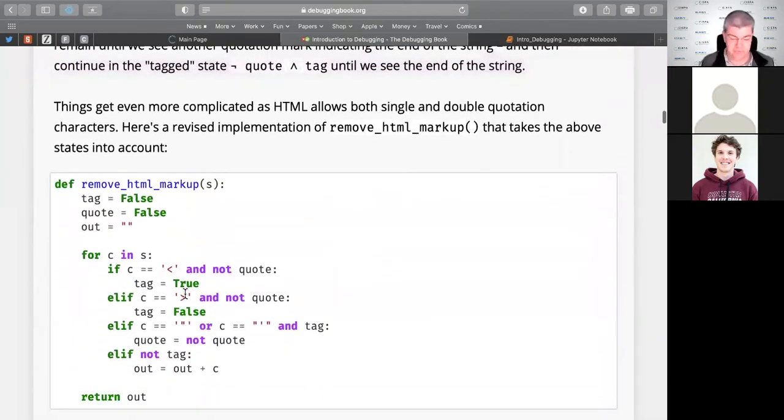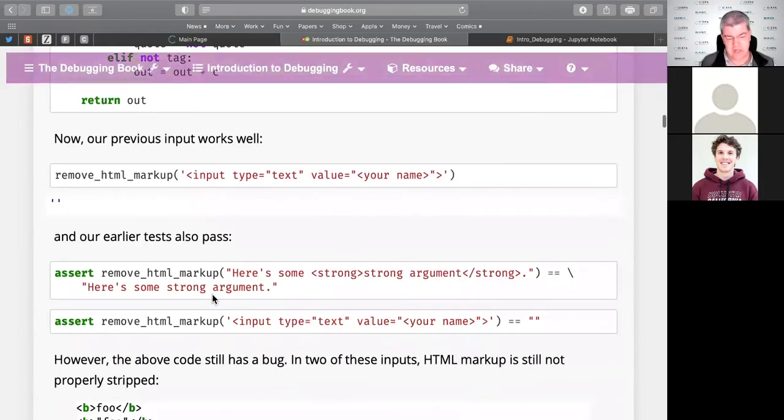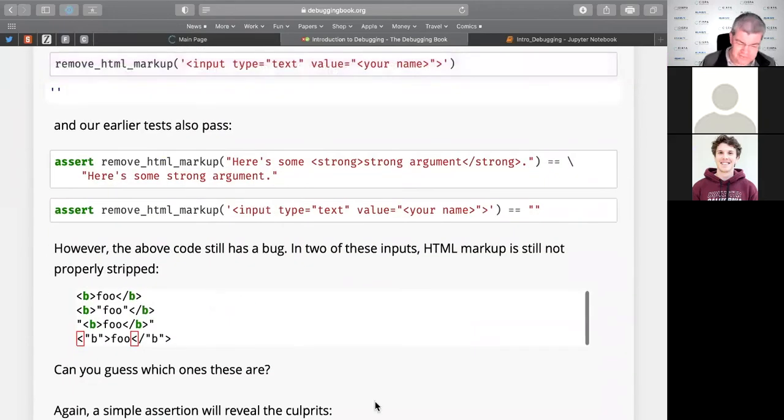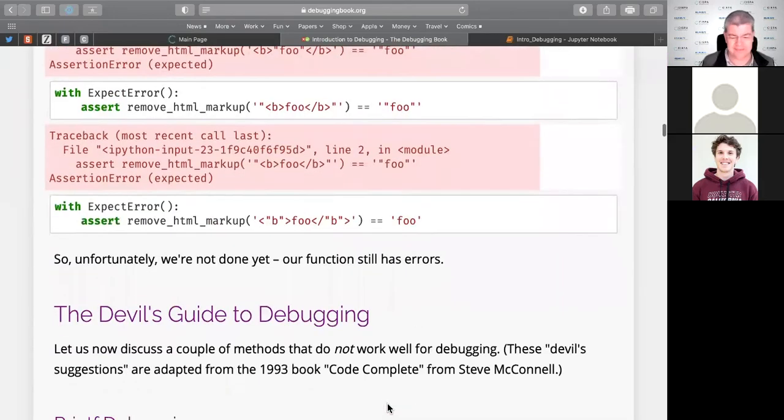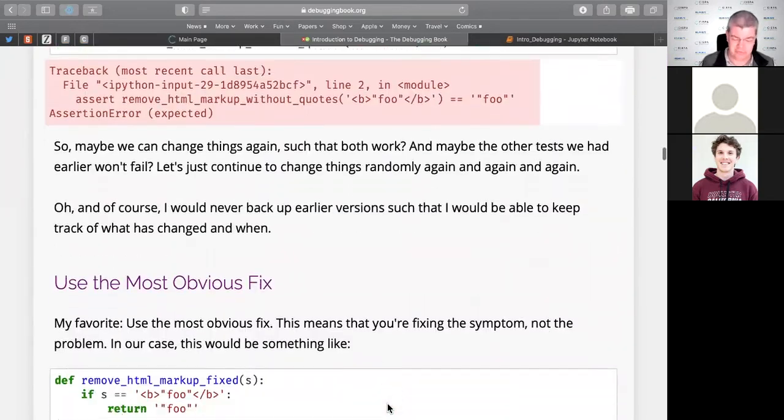And then we end up with this extended remove HTML markup, which accepts these smaller signs and greater signs only if quote is not set, and quote is toggled whenever we see one of these double or single quotes. And now this works, but there's other things which do not work, and we now continue with various iterations through